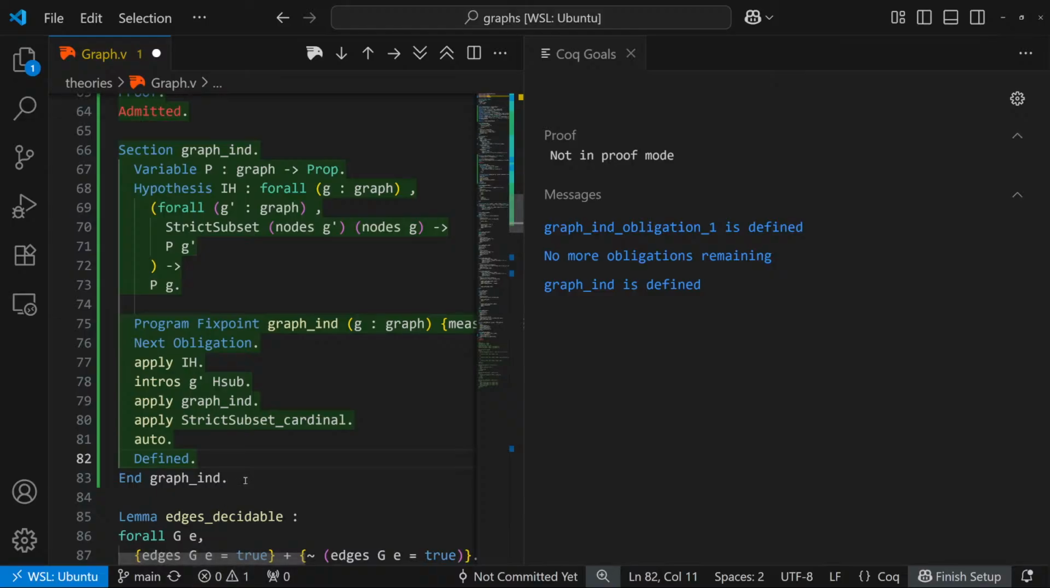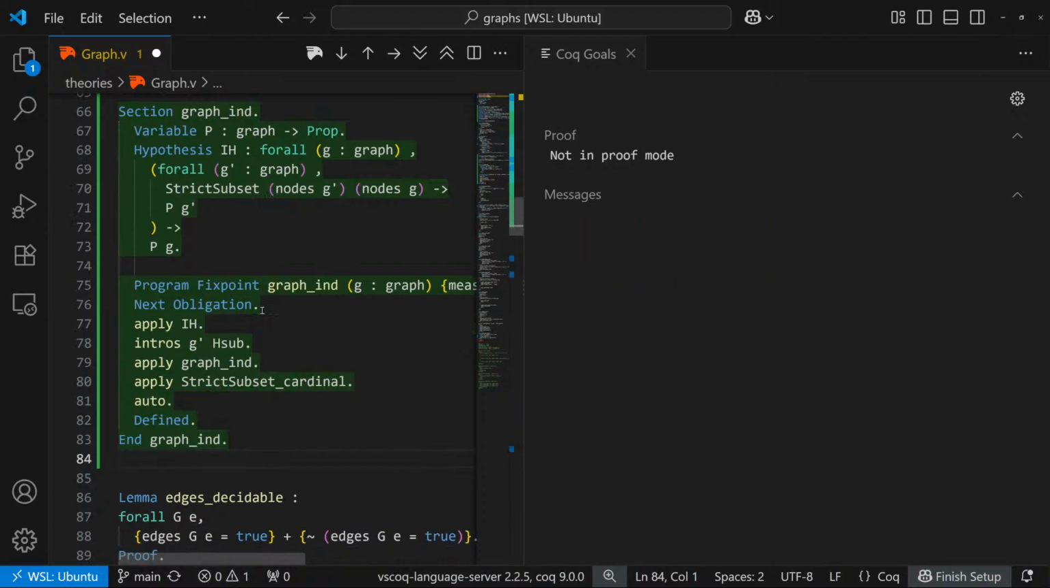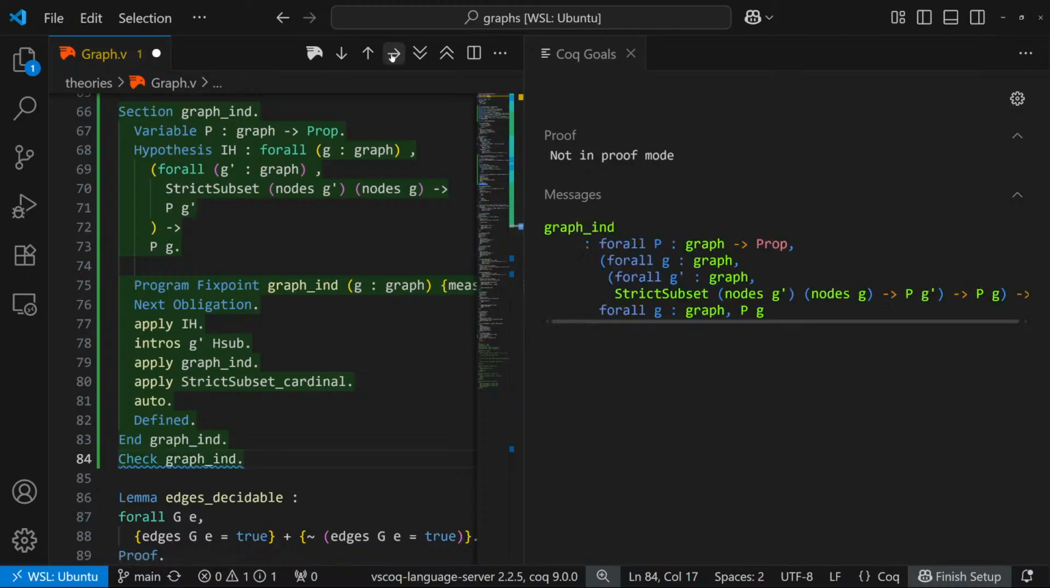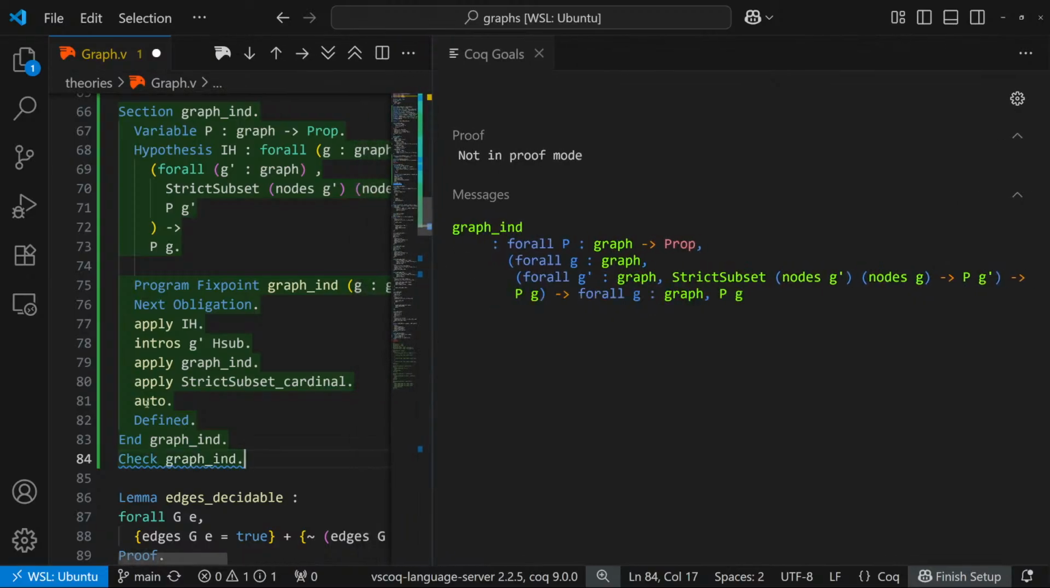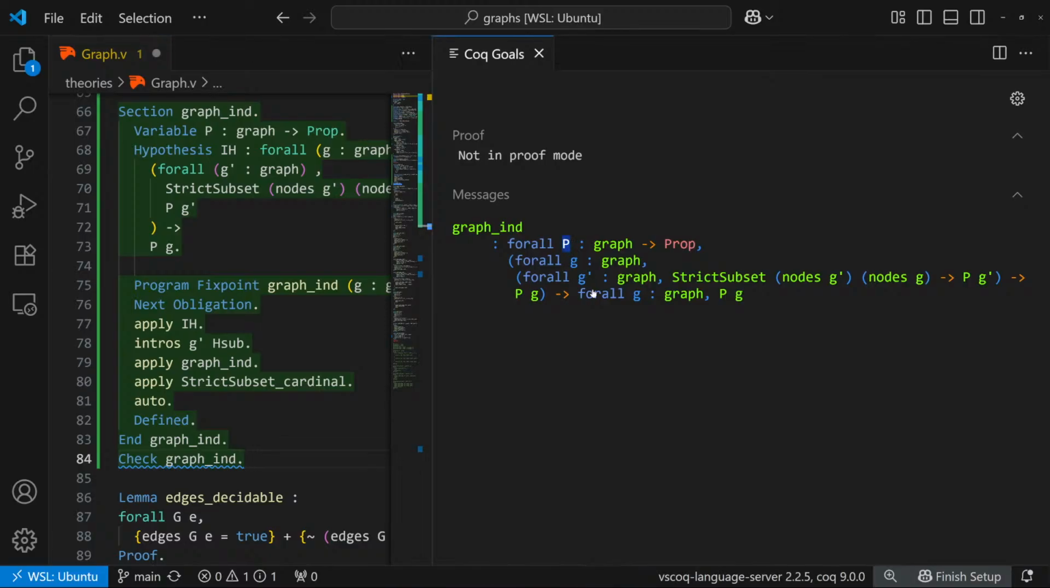And we are done. We have defined it, and we have proven our graph_int. So let's do a check graph_int. And we see that graph_int, now it takes all of these variables and hypotheses and puts them in these foralls. So for any P that we want to prove inductively over, and as long as we have our induction hypothesis,